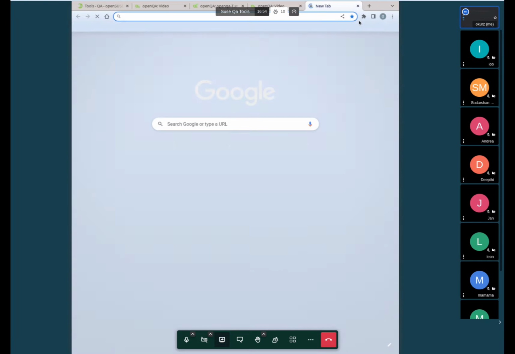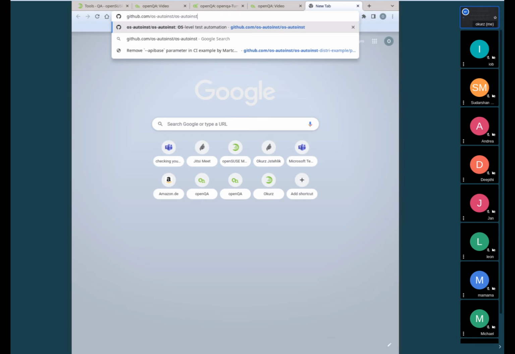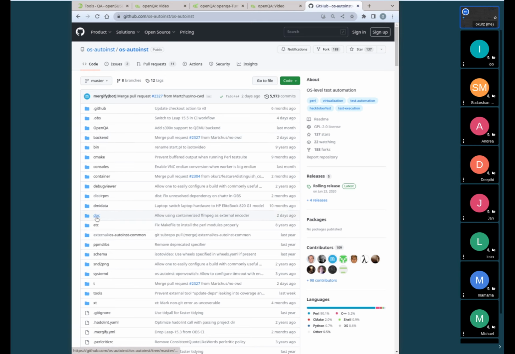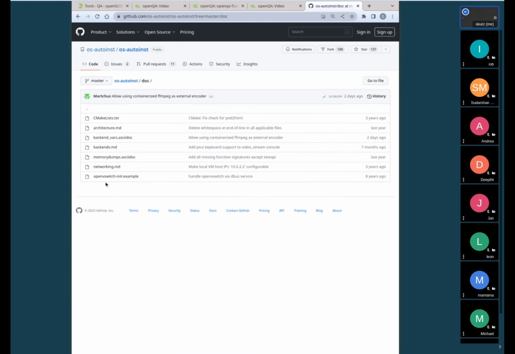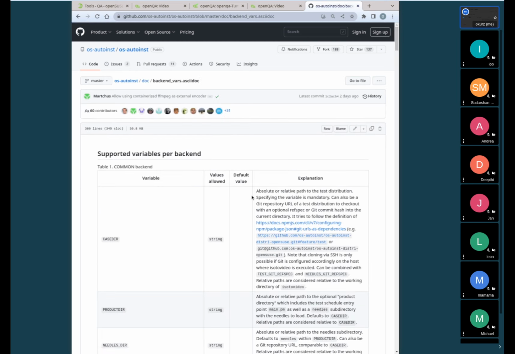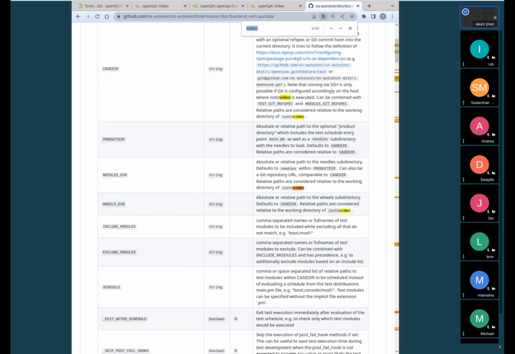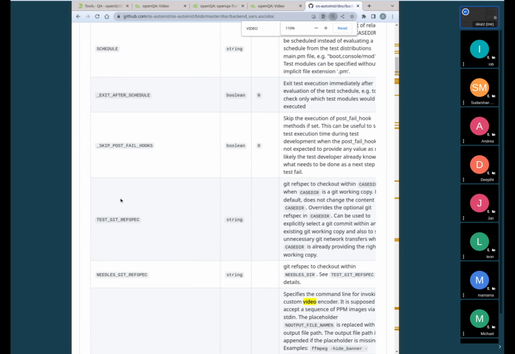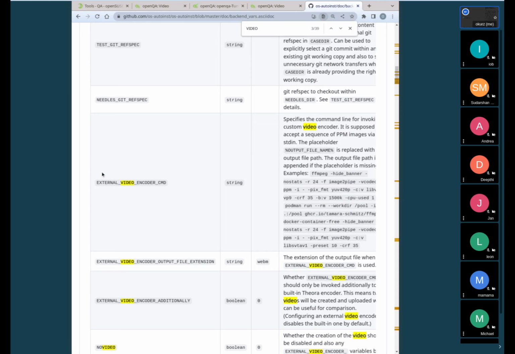That is possible by using a specific setting on the worker. So let me show you the auth audience settings. Auth audience records the video, and here there's backend.qemu, and if we look for video, then we find that there's a possibility to define an external video command. So we have this internal video encoder, which is the Ogg video encoder,